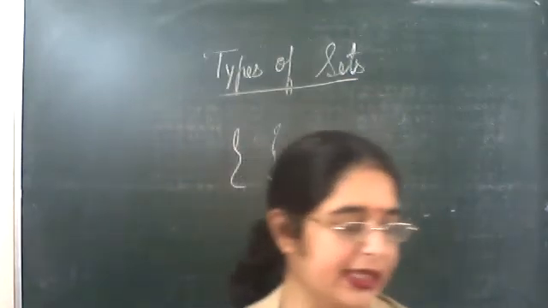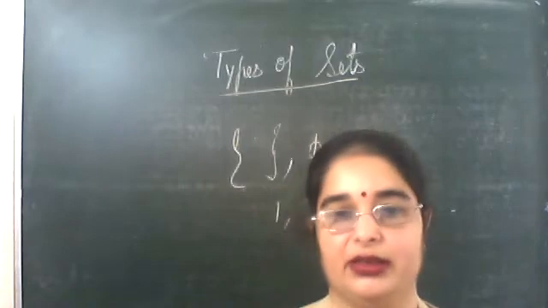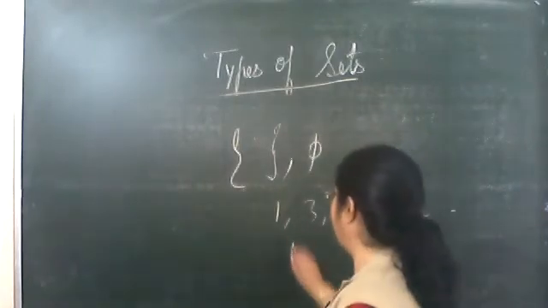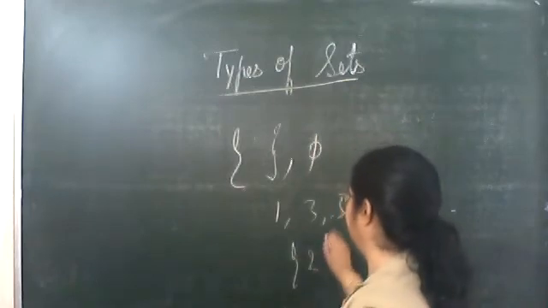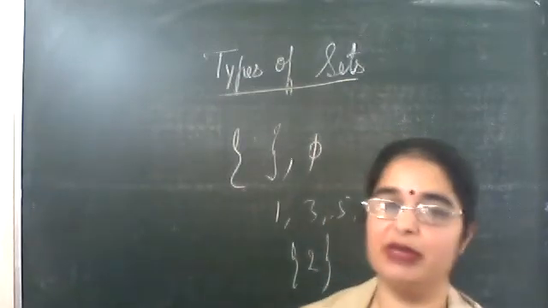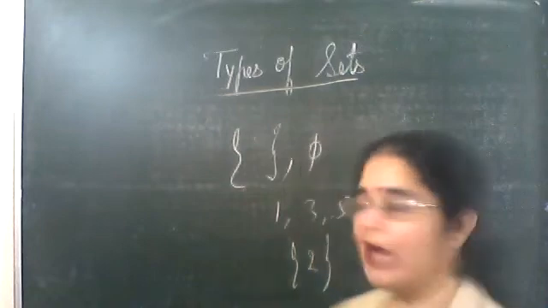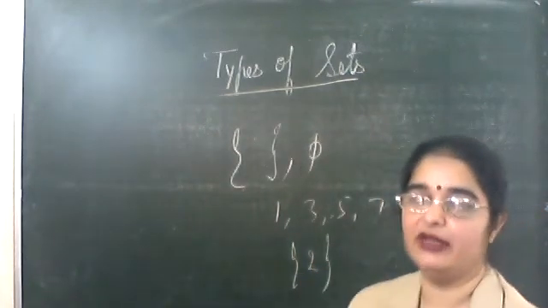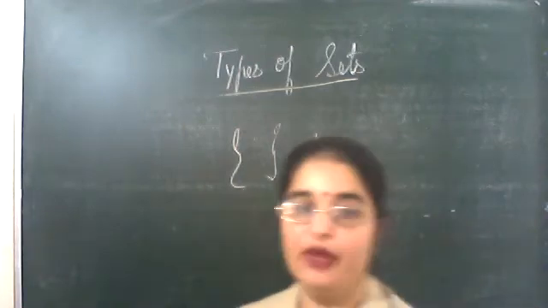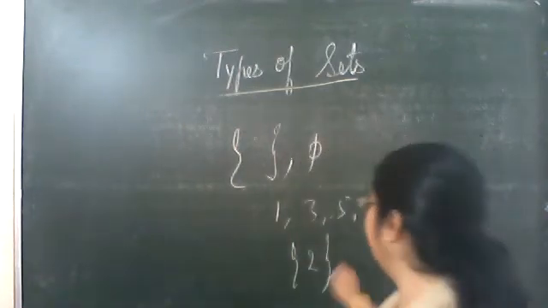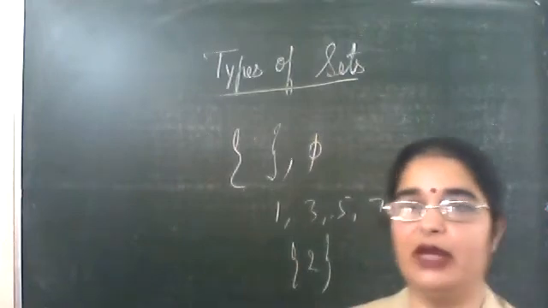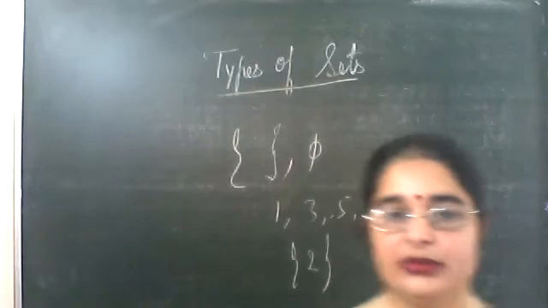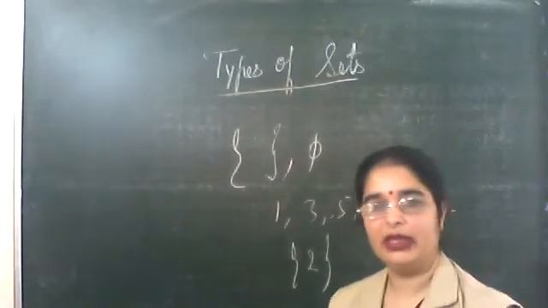Second part, set of even prime numbers. What is an even prime number? Generally prime numbers are odd. But we have 2 as an even prime number. So what we can say is it is not a null set, because we are having one element here. Is it clear?